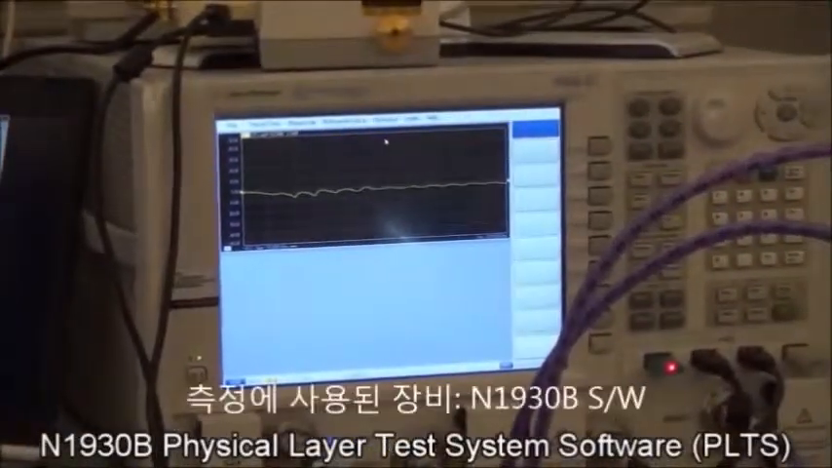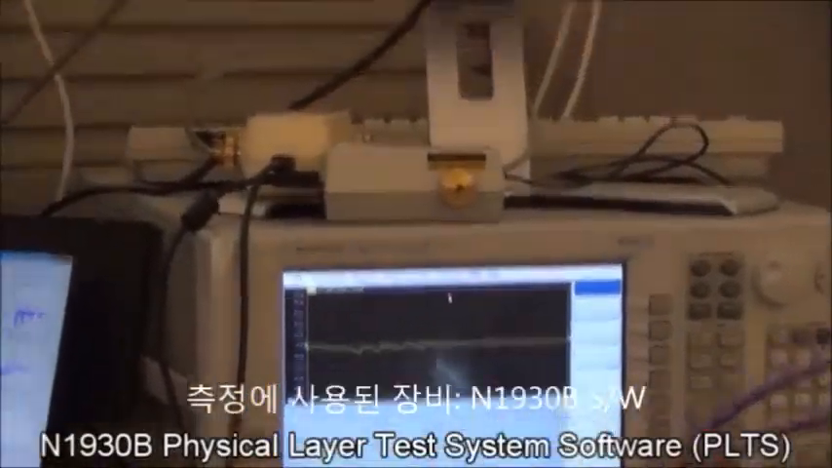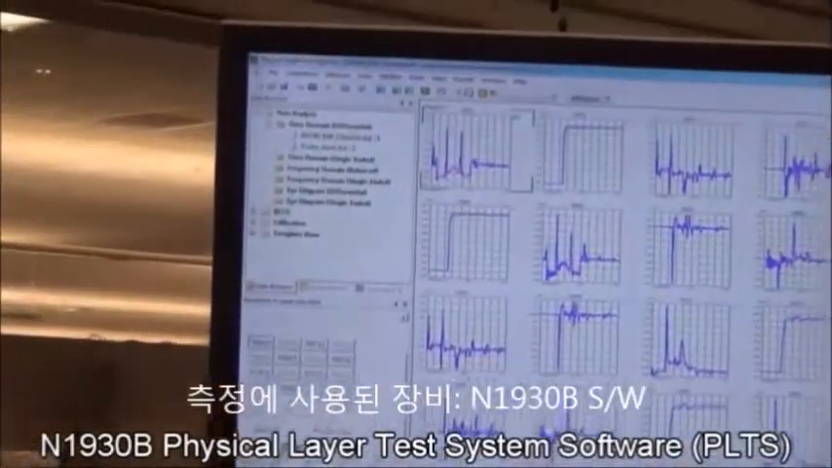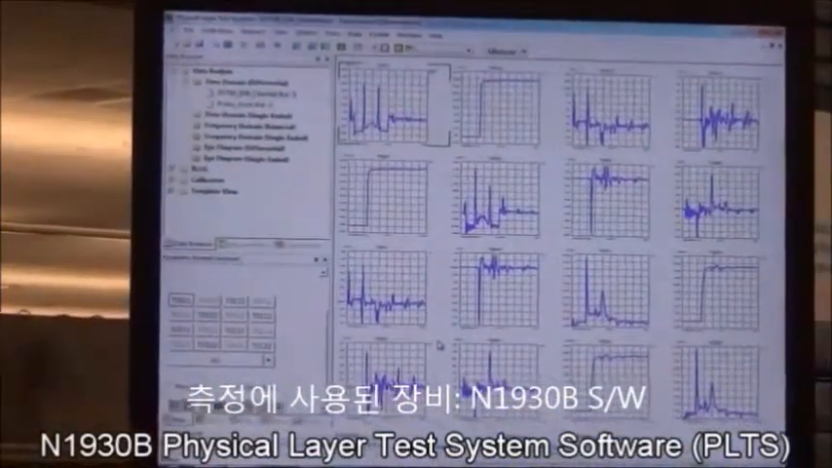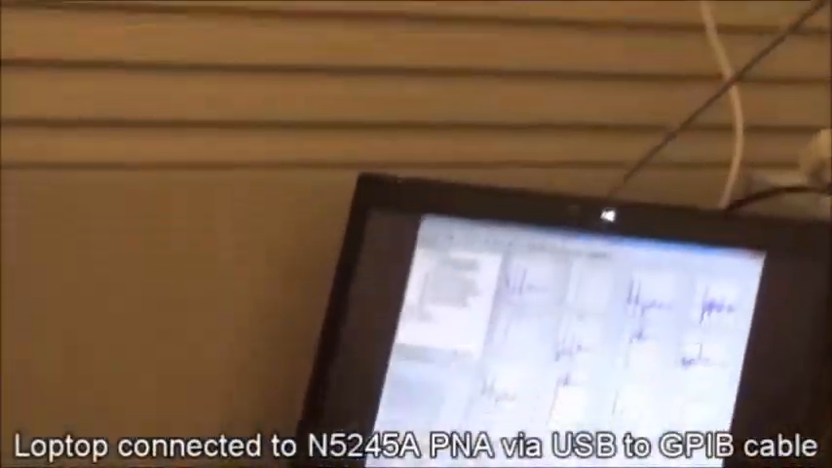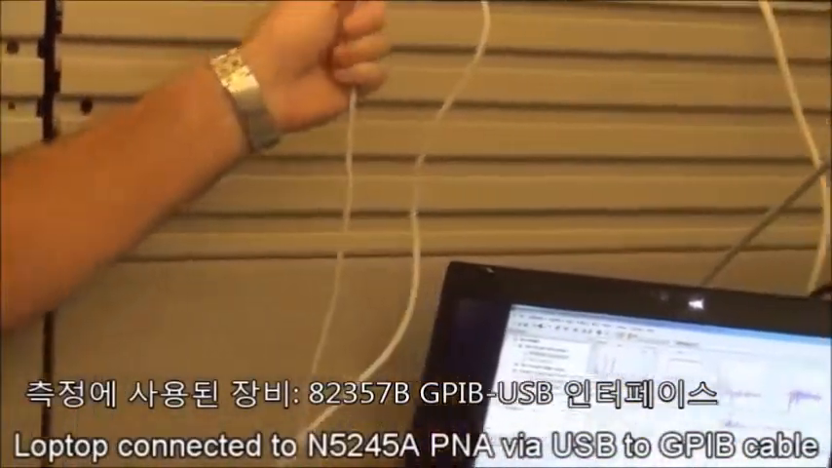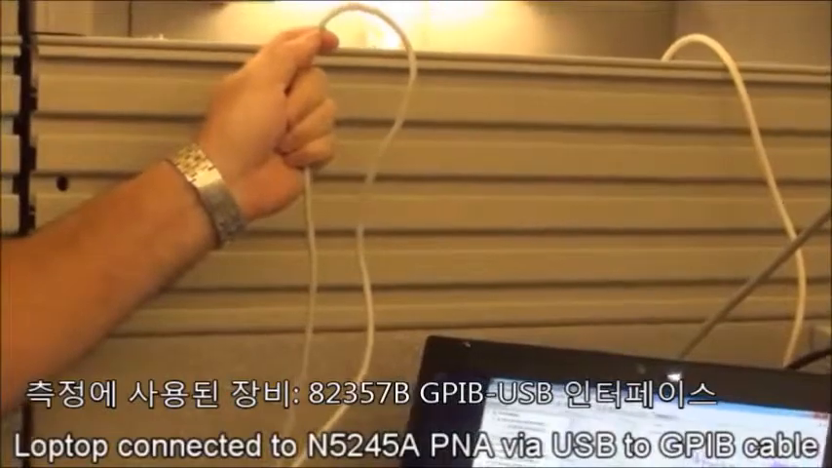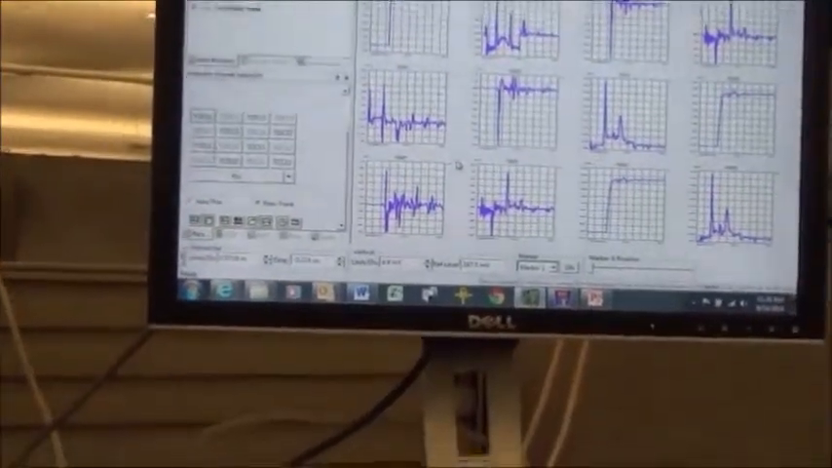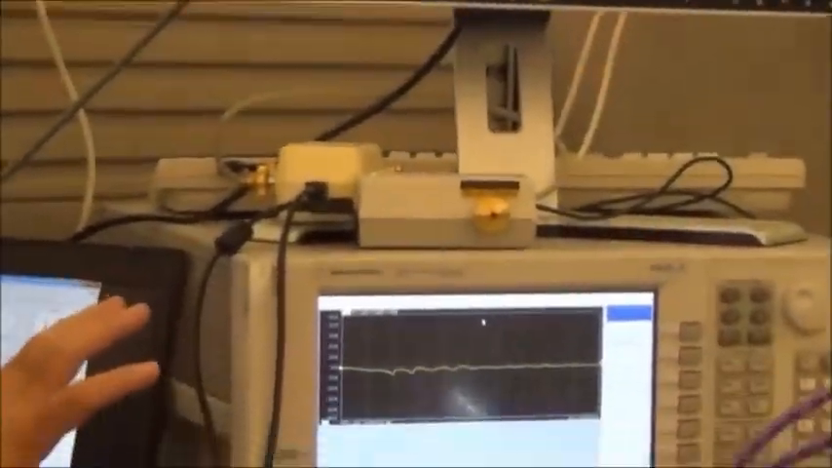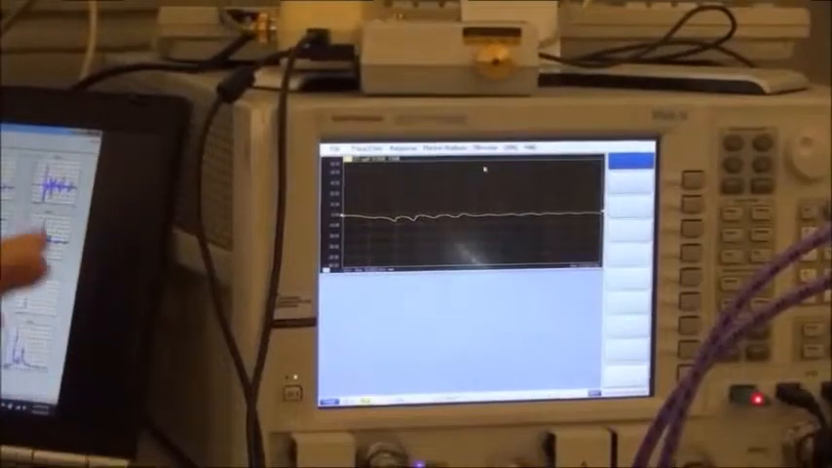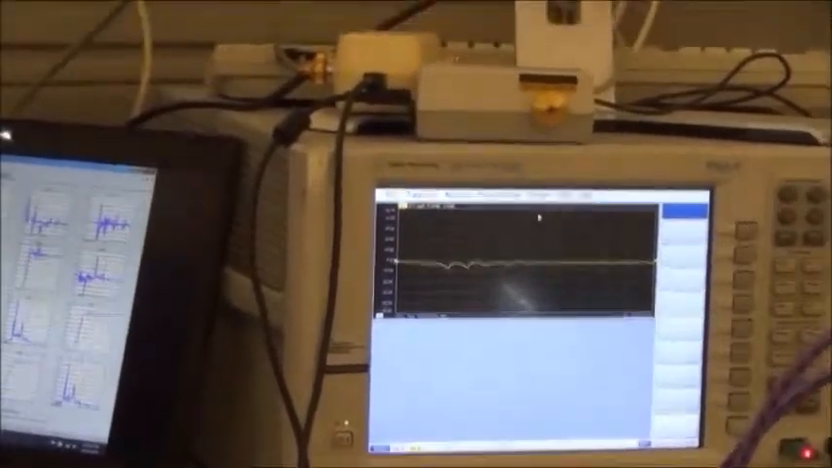It's an N5245A vector network analyzer up to 50 gigahertz. We're running physical layer test system software, PLTS, on a laptop, and we're connected from the laptop to the vector network analyzer with a USB to GPIB interface. Very easy connection for communications. We can control the calibration and the measurements of the VNA, and then afterwards do post-measurement analysis on the PLTS